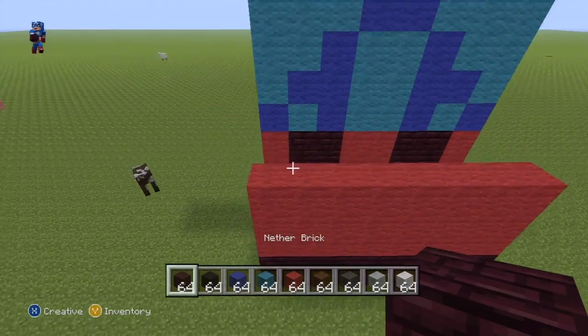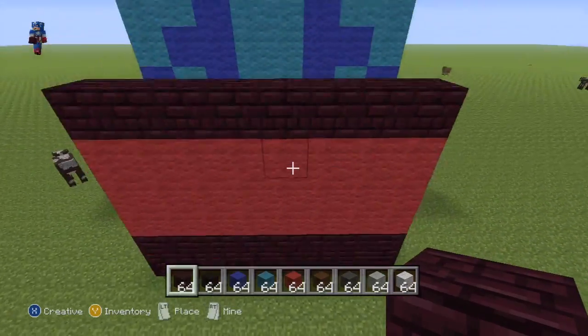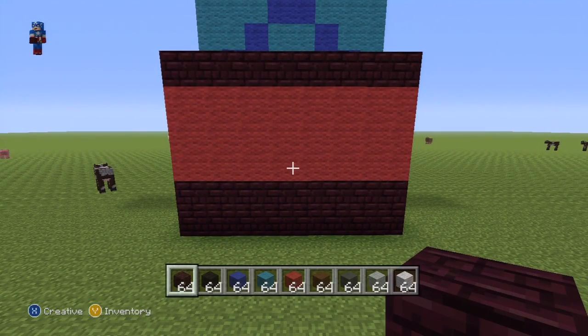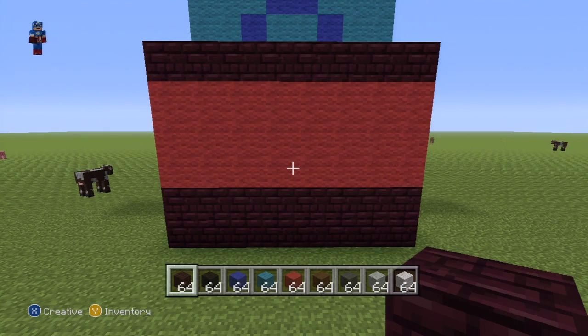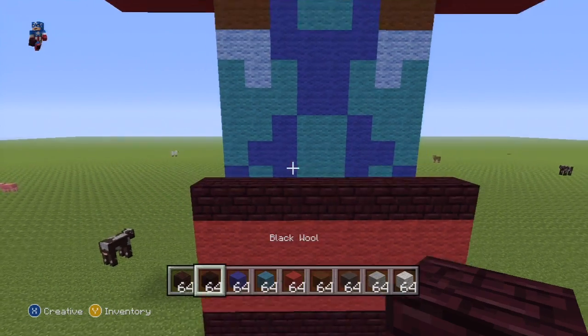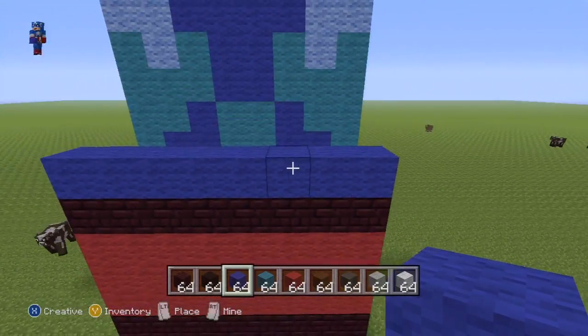For the 6th row, getting halfway up the legs, you just want another entire row of nether brick. So you're going to want to have something which should look a little bit like that. Since we're halfway up, I'm giving you a bit of a view. Pause that if necessary. The next row after that just wants to be an entire row of dark blue wool,